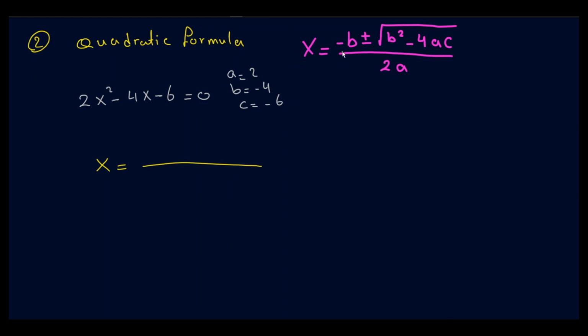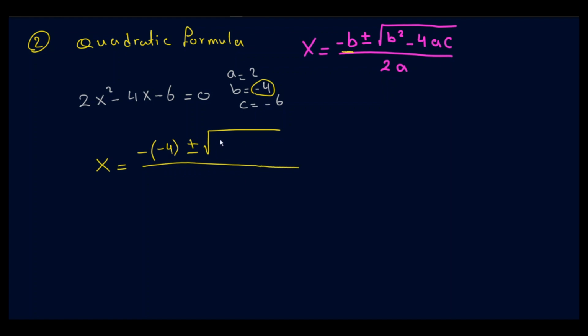negative b. First, we have negative b, so open a bracket and put whatever b you have, including its sign, inside the bracket: -4. First, write everything as it is, so if we make any mistake, we can come back to it and see where the mistake happened. Next, plus or minus the square root of